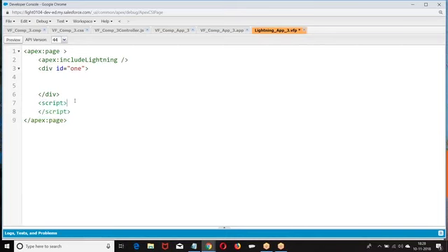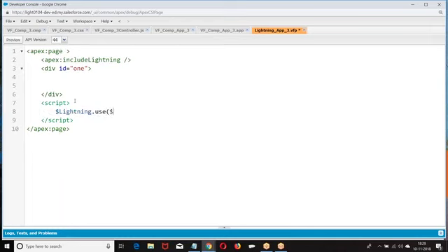Script, and I have dollar lightning dot use. What is the component we have? C colon... not component, what is the application?